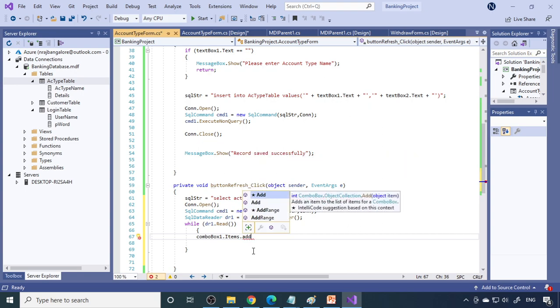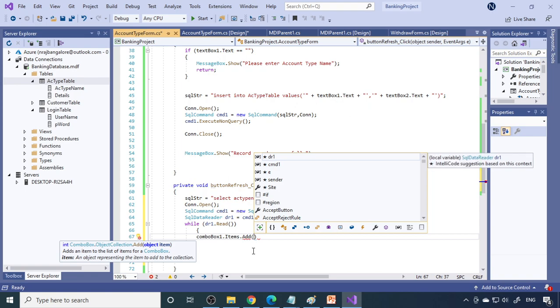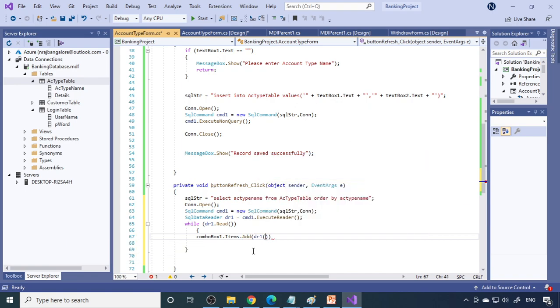Add is the method to add the data. So here you can say dr1 of 0, 0 is the first column, and you have to use a square bracket here, dot to string. So you need to convert into string format. So this data will be sent to the combo box 1.